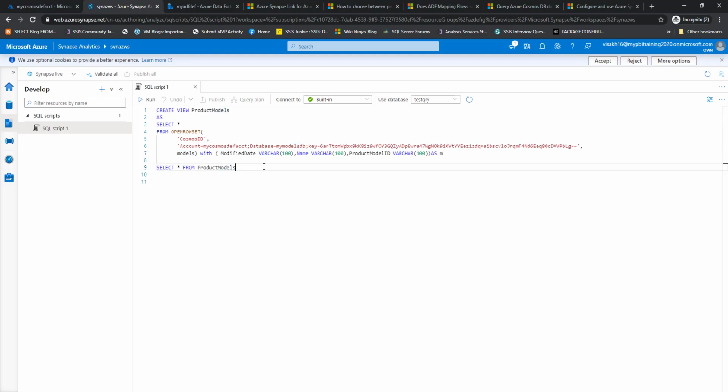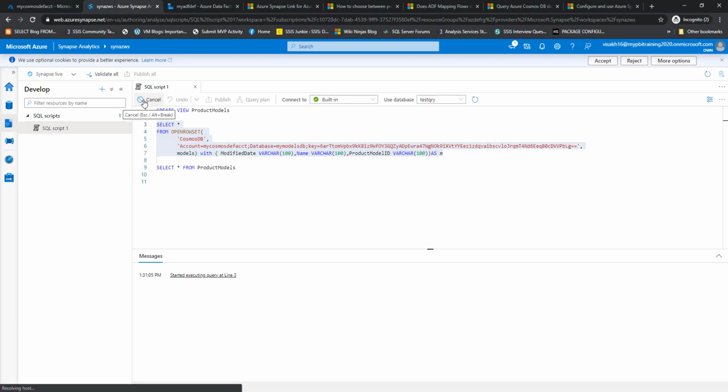Now if we run this, here I am just defining the column names. If you want, you can leave this out, but then it will give you all the associated internal columns as well. So in order to get only the columns that I need, I am explicitly defining them along with the data types. And when I run this statement, I'll get all the data which is inside my Cosmos DB retrieved here through a simple SQL query.